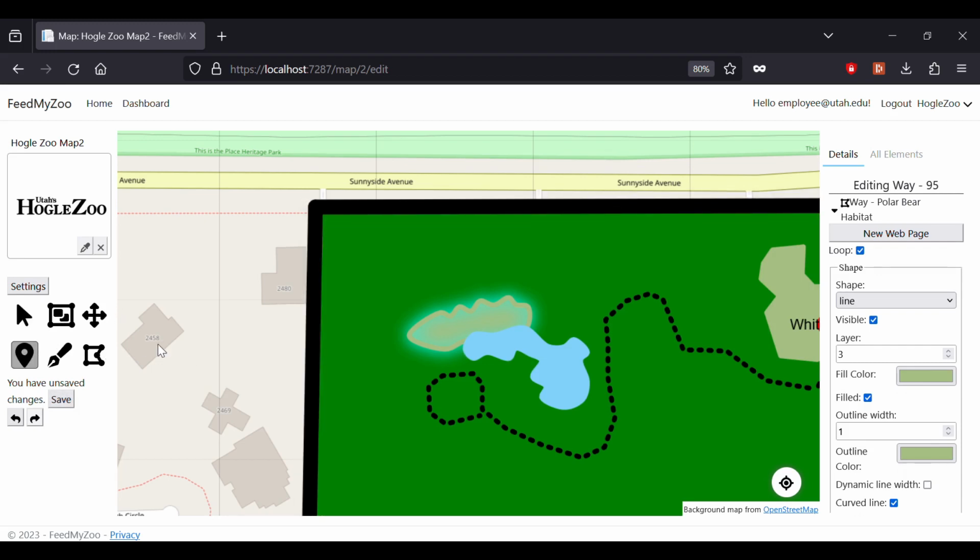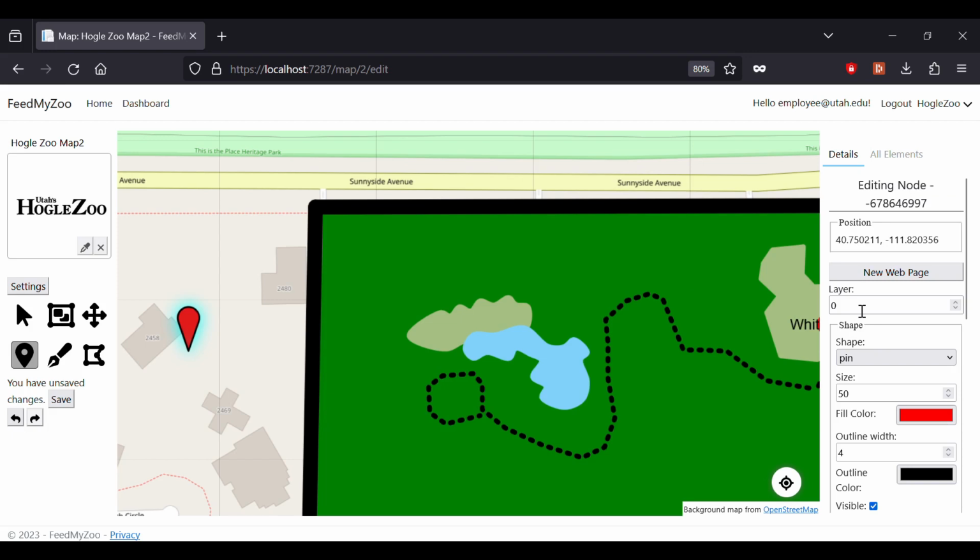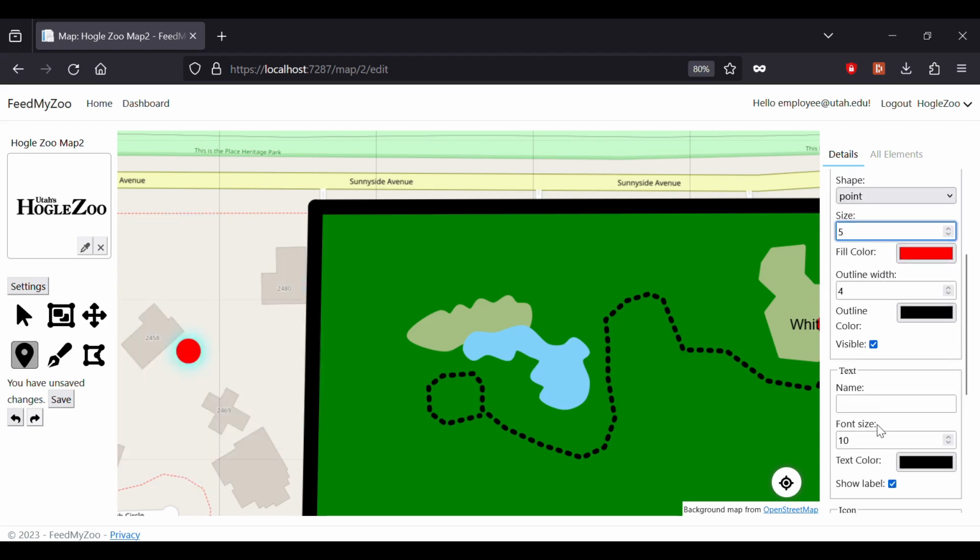We're going to go ahead and make a new node, a new point of interest to represent the polar bear themselves. Set this layer parameter to move it up and down vertically so it ends up on top. Change the other options like the shape and the size, and finally add a label. Say, this is the polar bear. And of course you can change the font size, whatever you want, max customization. Then we're going to go ahead and put the polar bear in their habitat,